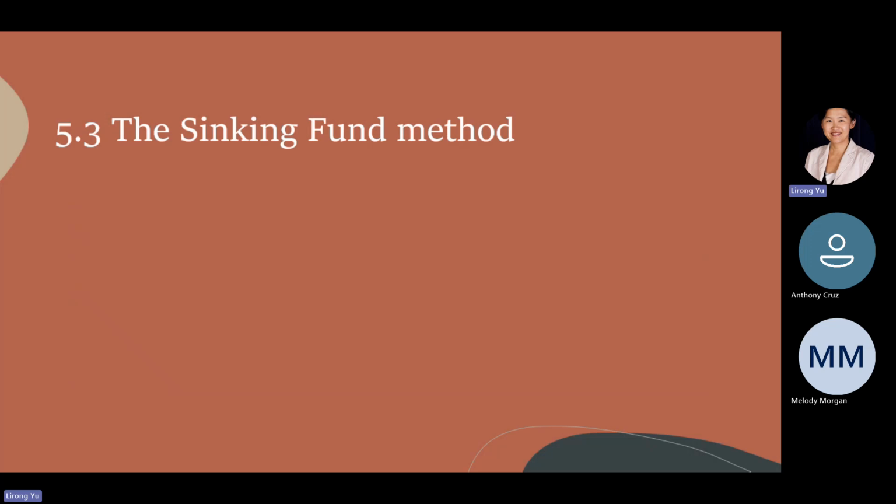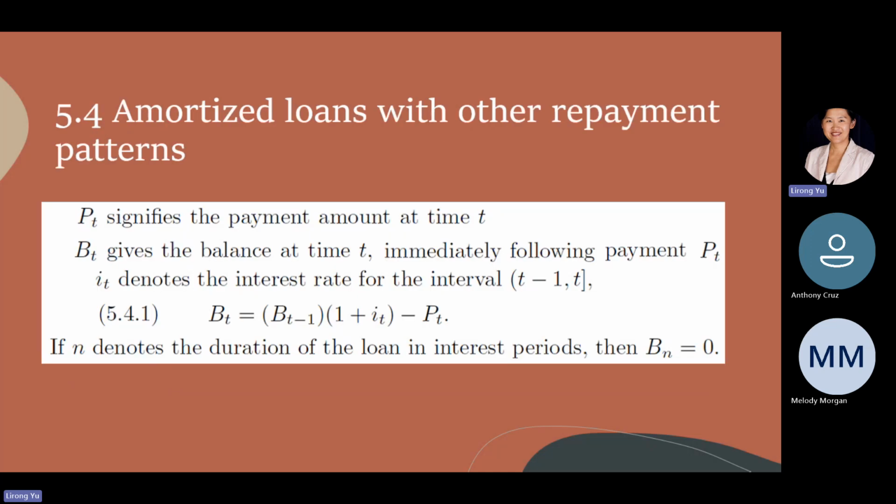All right, 5.3, the title is called the sinking fund method. So this is kind of different than the amortization plan. So we're not paying an equal amount anymore. We're not following the amortization payment schedule. Instead,